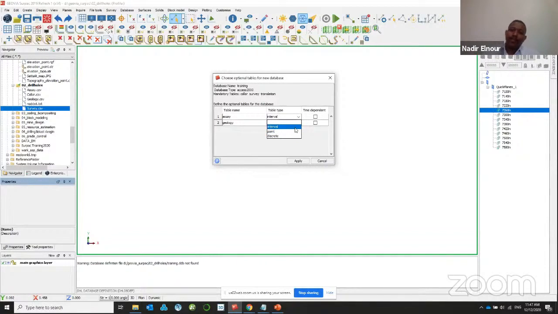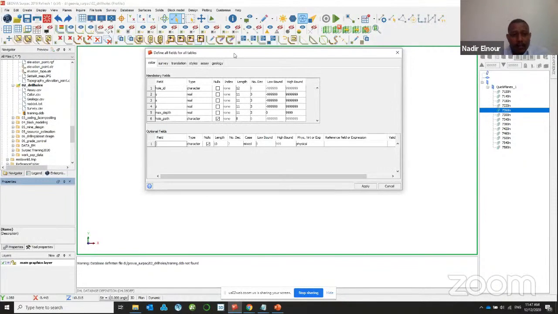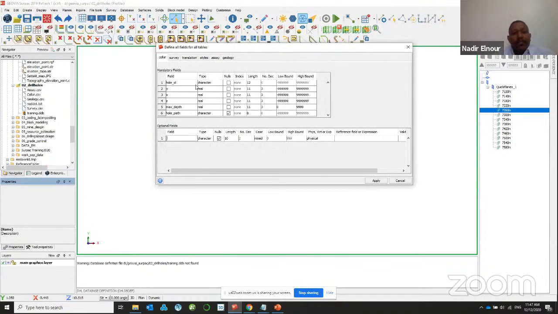Maybe you have interval, which has from and to, and you have point. For example, if you have a soil sample or any type of sample recorded at depth at, so you have one value at depth at, or you can get discrete values. Now you just go in interval and then you apply. Then from here you just need to define the collar